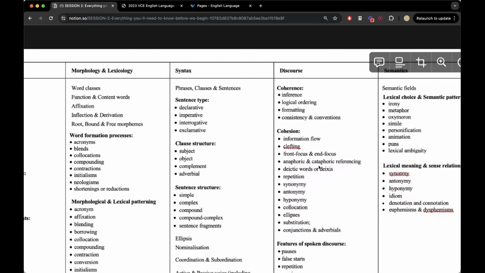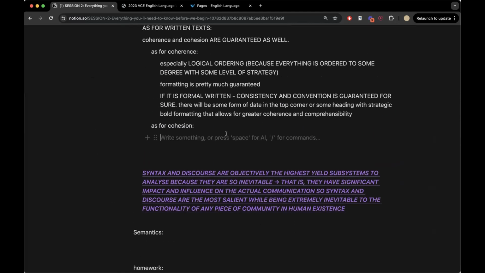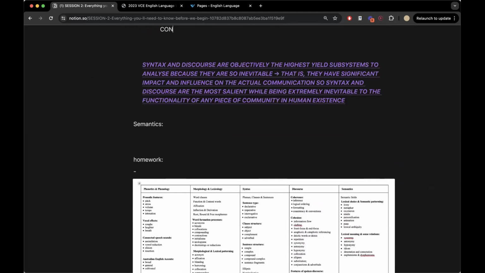And that's why I said that syntax and discourse should run in bundles. They are in combination the most high yield. Information flow is guaranteed because information flow literally just means the development and communication of information, right? So as for cohesion, right, conjunctions and adverbials are guaranteed,